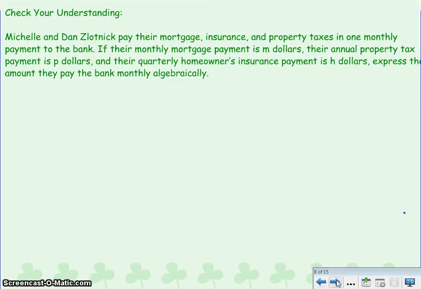All right, here we have a monthly payment plus an annual property tax. So it is property tax divided by 12 plus a quarterly homeowner's insurance. Each quarter covers 3 months. So we're going to do